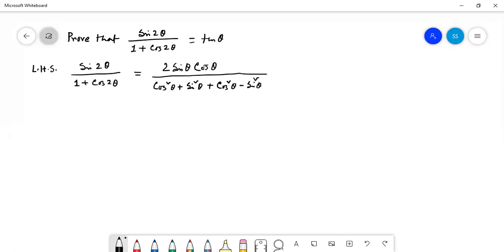Now in the lower half, the sin square theta terms cancel, and here it is cos square theta plus cos square theta, 2 cos